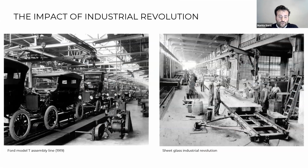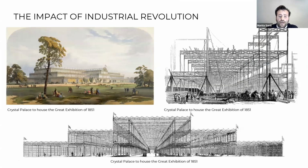During the Industrial Revolution, new materials and technologies were introduced, and this deeply impacted the architecture and design of building envelopes. An example is the construction of the Crystal Palace at the Great Exhibition of the Works of Industry of All Nations in 1851. The building was designed by the botanist and greenhouse builder Joseph Paxton,